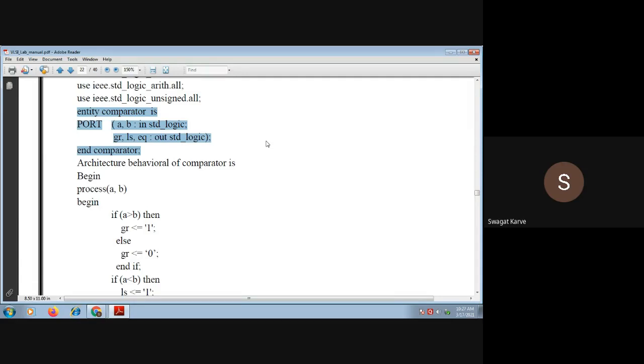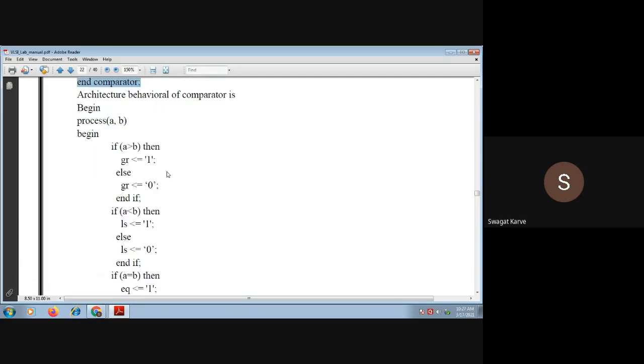Now coming to the architecture body. As we are using the process statement and if else if, it is a behavioral style of modeling. Comparator is the entity name, is begin, and we have defined the process with A and B. Again I will repeat, process is a concurrent statement, and whatever comes inside a process is sequential.